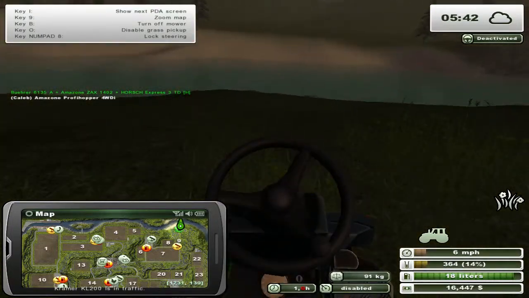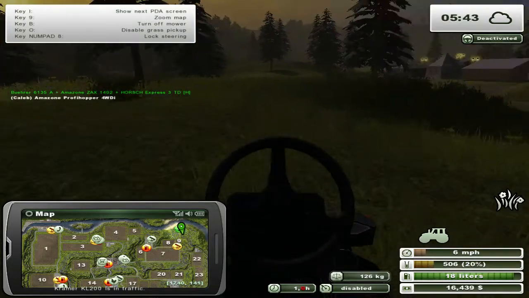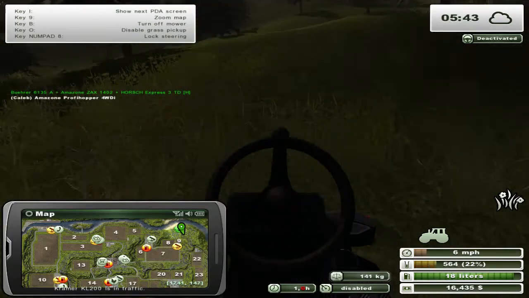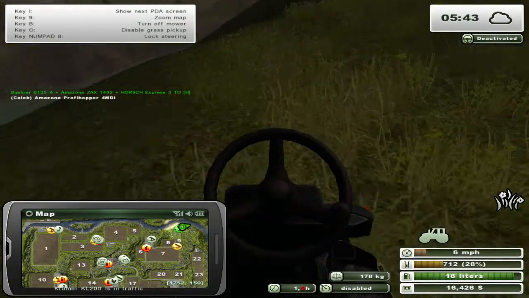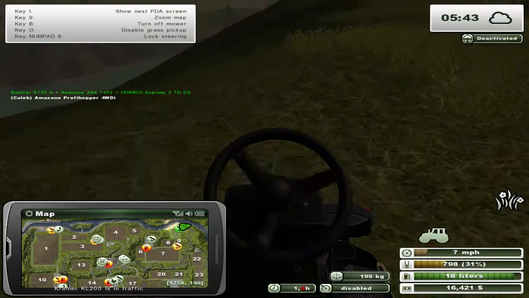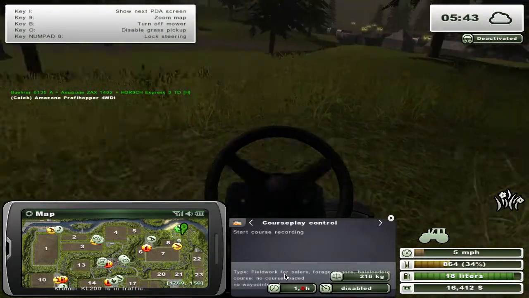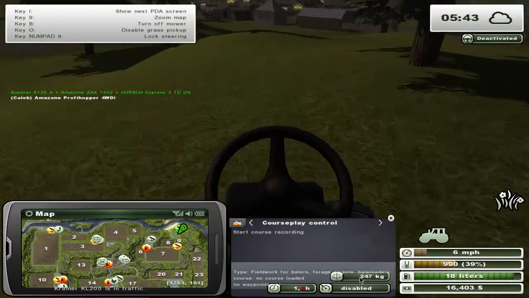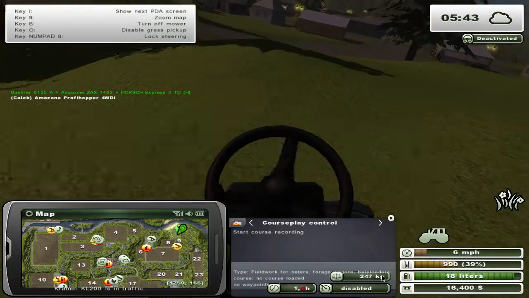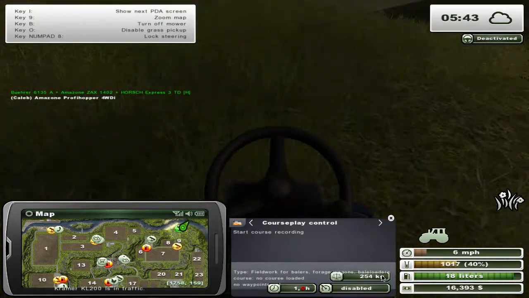And I would mow around like this, randomly, with the Course Play on and record like you would any other time. And then I would set it to field work right here. So that says for balers, forage wagons, and bale loaders. So yeah, I just don't know if